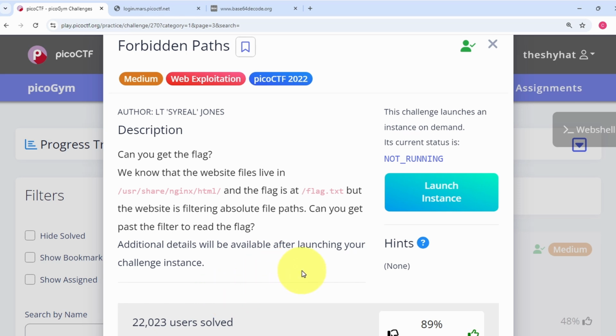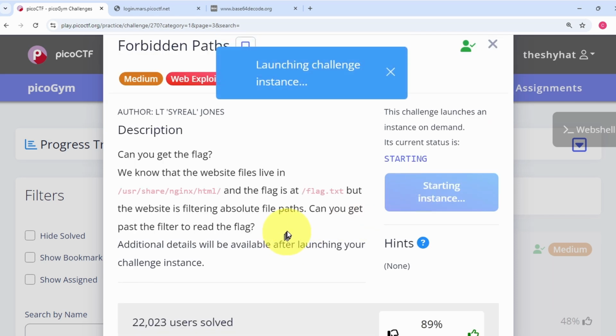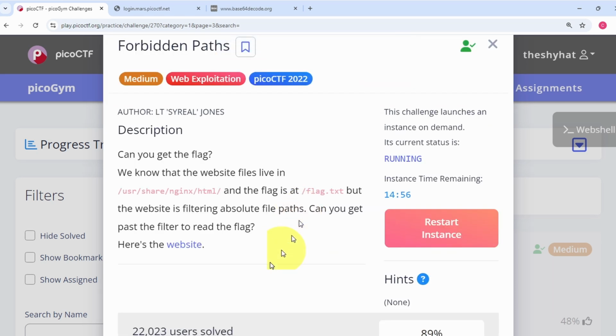So the first thing we need to do is launch the challenge instance, which is this button right here. And then after launching your challenge instance, you should see that the challenge description page changes. And here's the website on the challenge description here. So what we need to do is put this in its own browser tab, open link in new tab,